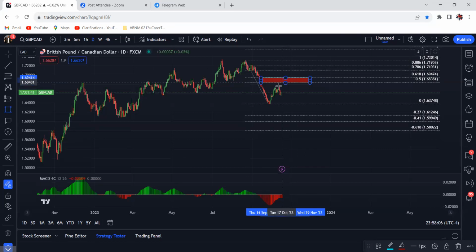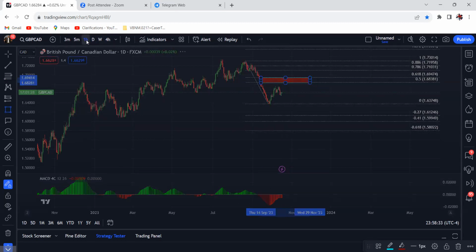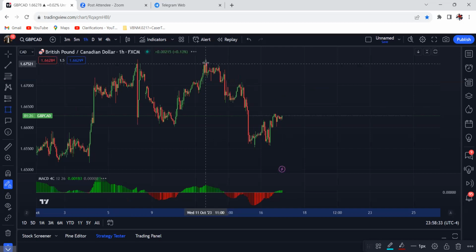Does that make sense? Okay, and this is something you want to practice. You can do this on every single time frame. Obviously, the higher the time frame, the bigger the confirmation, the stronger the confirmation, but the longer the wait. So really, if you want to get activity, you want to dance around the 1 hour, 4 hour, smaller time frames. And you just want to get used to measuring that leg.